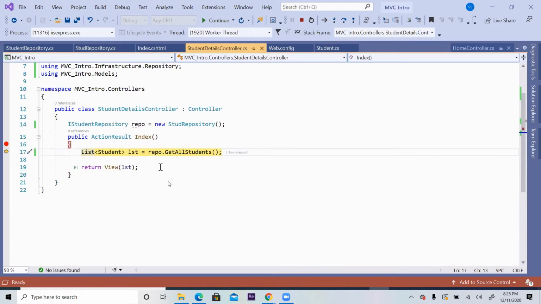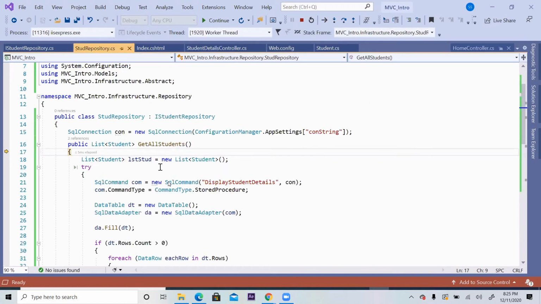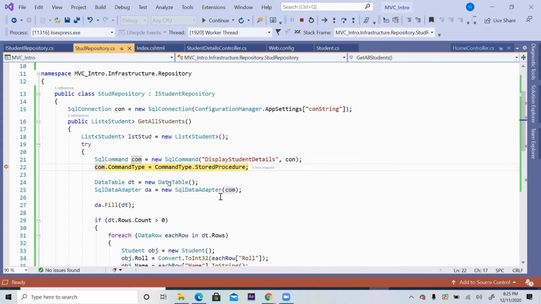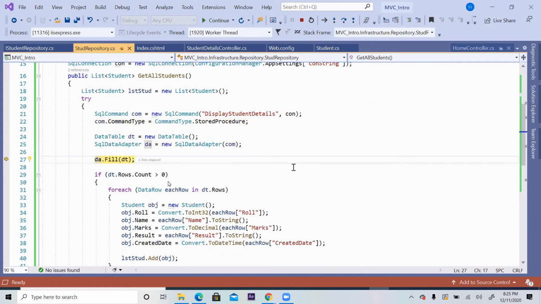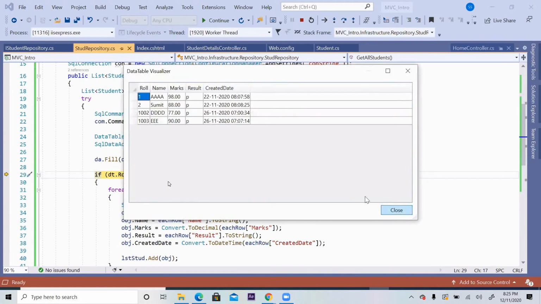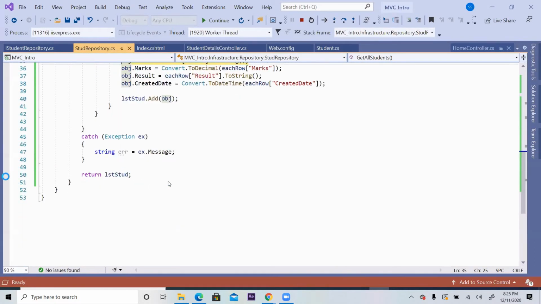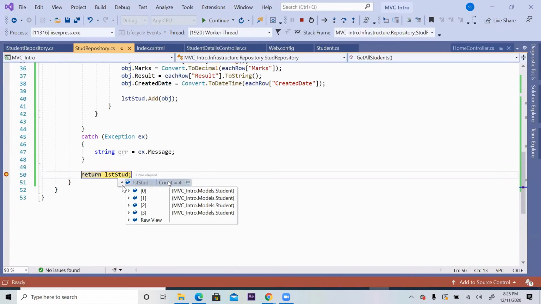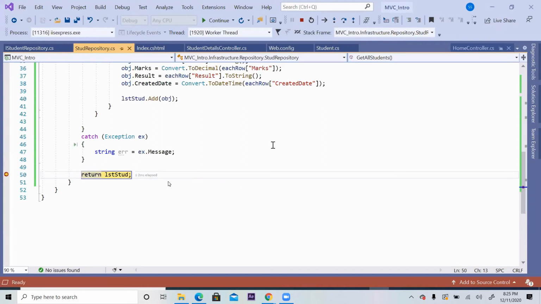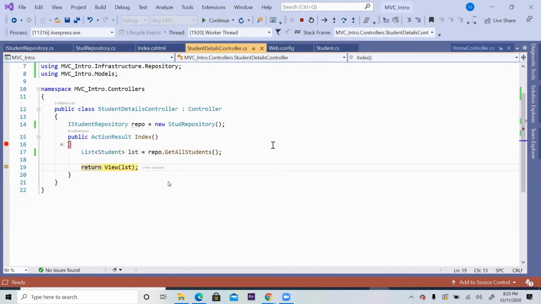Came here, line number 17, F11, and F10, you have to proceed further. And you got the data from database. All right. Then you are proceeding further and collecting the data. Directly you can put a breakpoint here and then continue. You can see here all the data has been collected from database, and then it came back to controller and then bind the data.